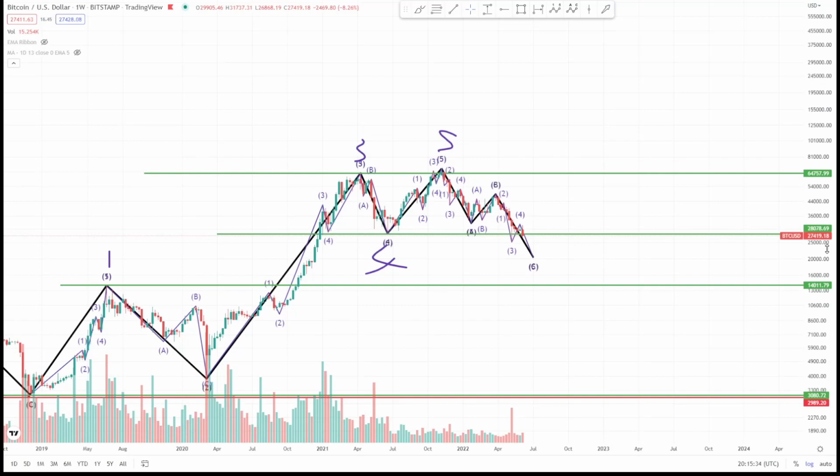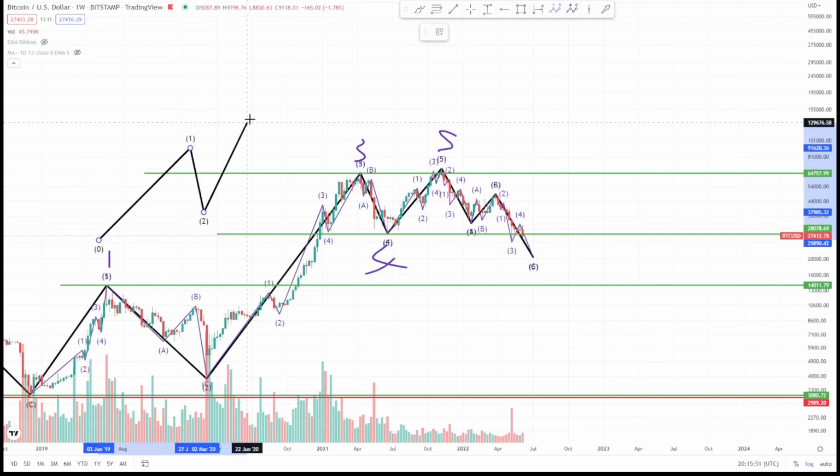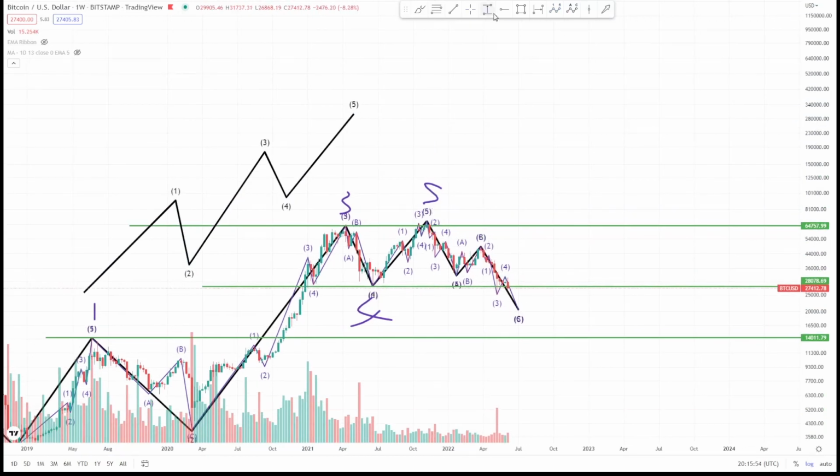But at this moment in time, we are moving below it, and it's interesting to see that we are moving below it, even accounting for diminished returns. Diminished returns doesn't necessarily affect the market structure of Elliott waves. Diminished returns would simply mean that if you've got a massive cycle, and then obviously, you